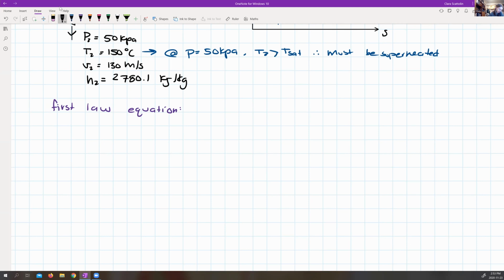Again, we know there's no change in total internal energy. We know it's adiabatic. Turbines, however, are going to do work, so that's good. And then I have a mass flow rate, which is unknown to me. And I have an H1 minus H2, my enthalpy at the inlet, my enthalpy at the outlet,